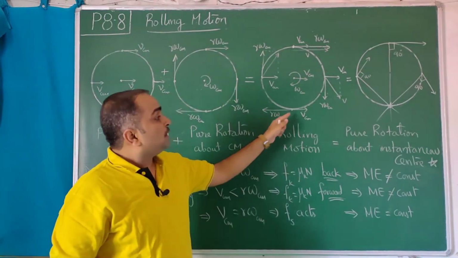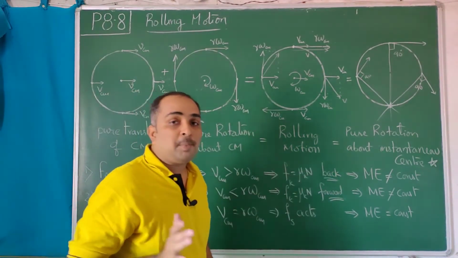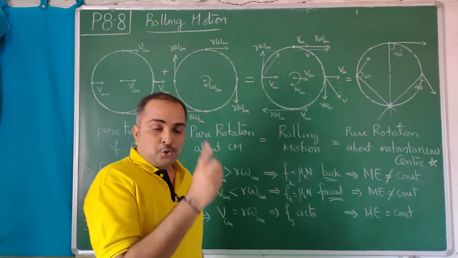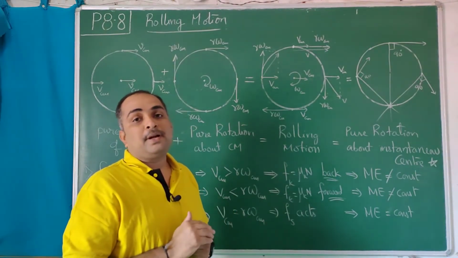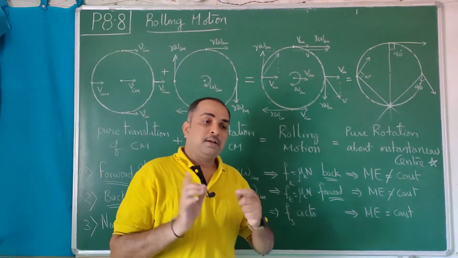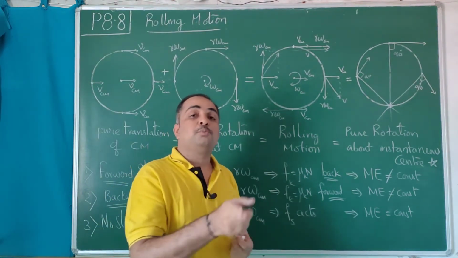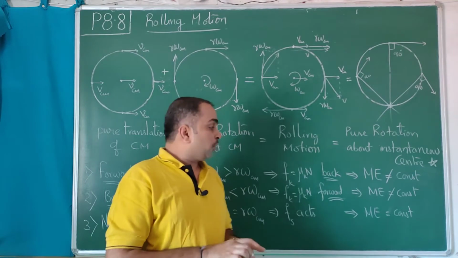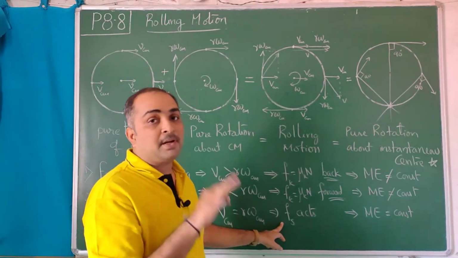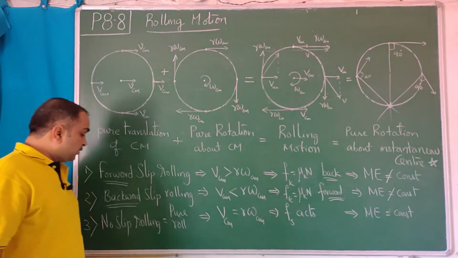So here also the static friction which is acting on the wheel, its point of application will not move with the wheel. Then work is not done. Again you have to go to work concepts. Work done by a force is defined as the product of displacement and the component of force in the direction of displacement, and that force should move along with the object. So here that is not happening, so happily we can say that static friction has not done work. Static friction is acting but has not done work, and therefore mechanical energy is conserved. Such rolling is called pure rolling.